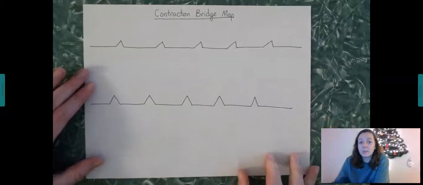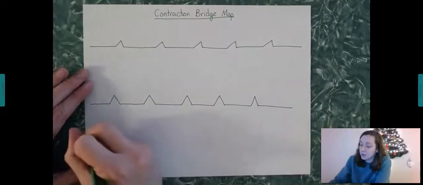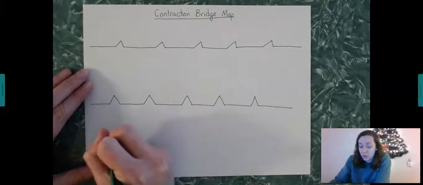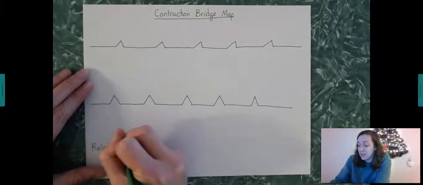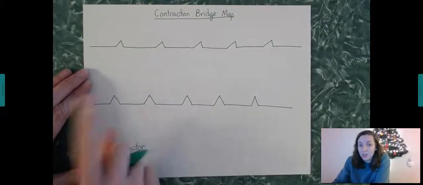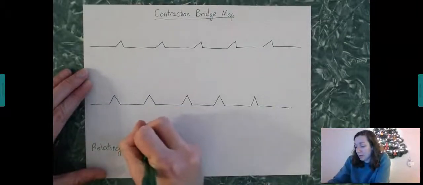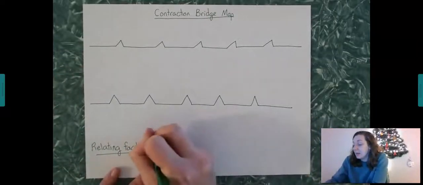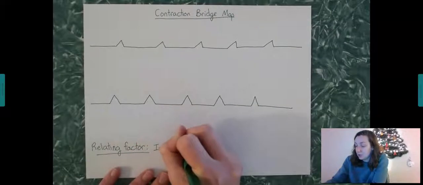And with a bridge map, it's always really important to have your relating factor, because that shows how these words go together. Remember, the relating factor is what you say on the line, and I'll show you what I mean. So our relating factor for this bridge map is a contraction